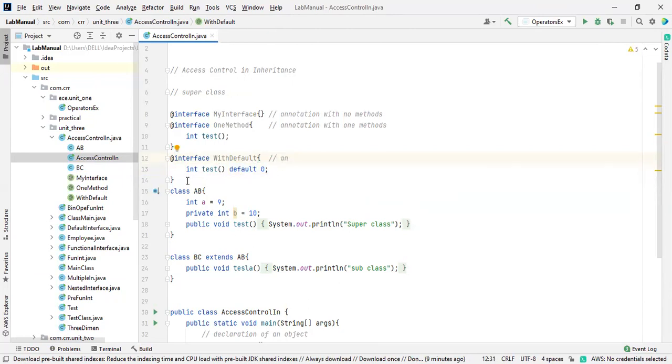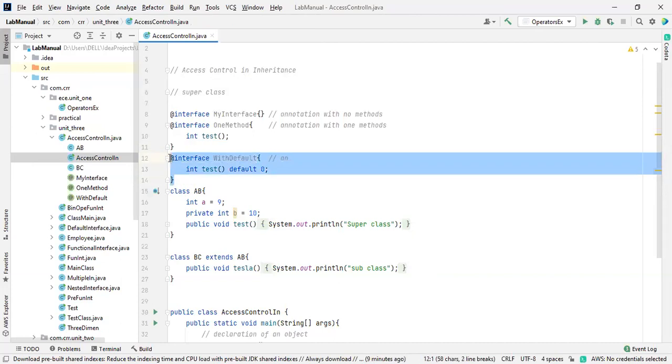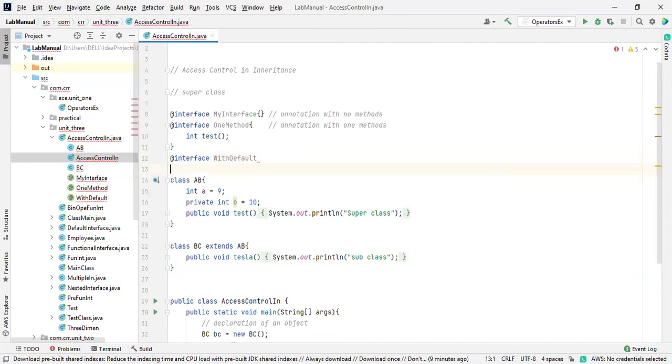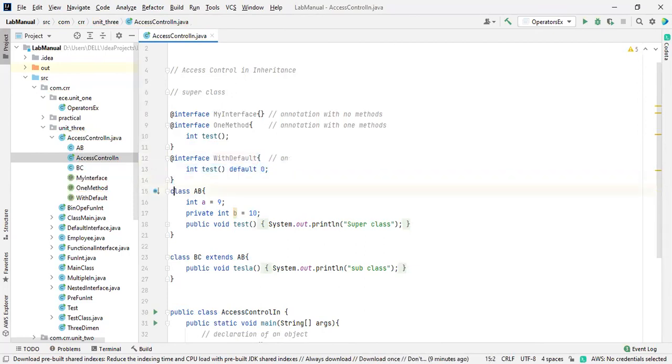Theoretically, there is nothing about annotations. You have to give the example. It is essential to know all these things, because theoretically you can say annotation is nothing but an interface that gives a retention policy, how long the annotation is going to be retained. So in that sense, these are the words we are going to discuss.